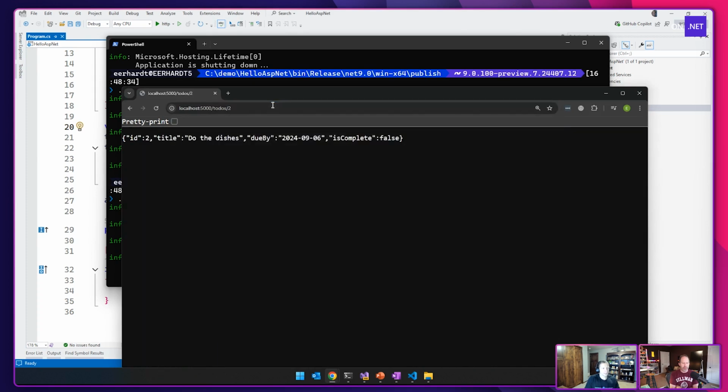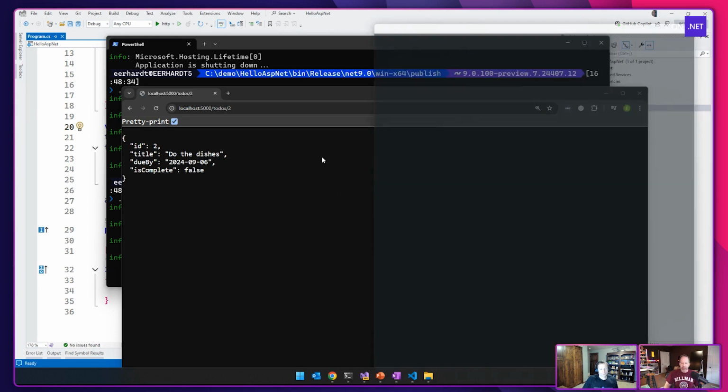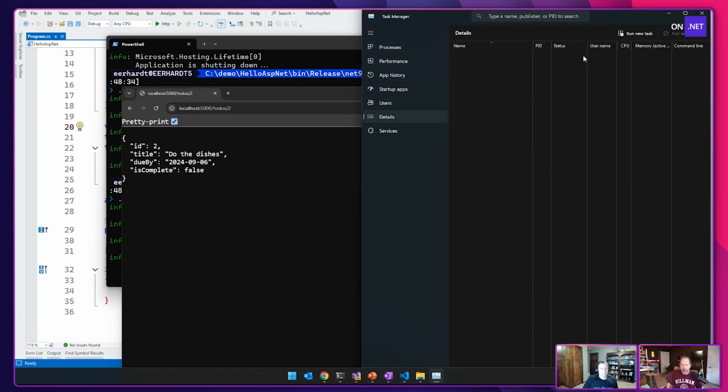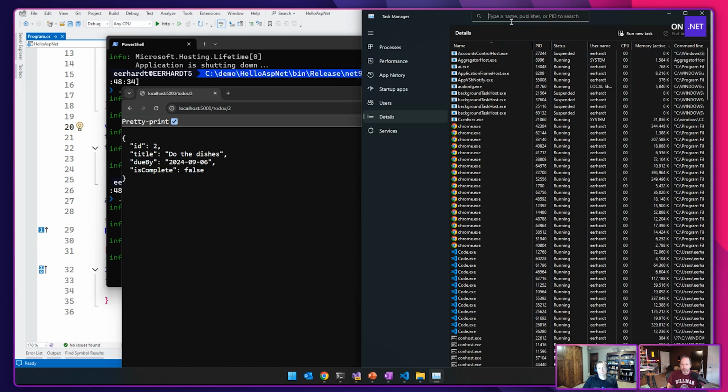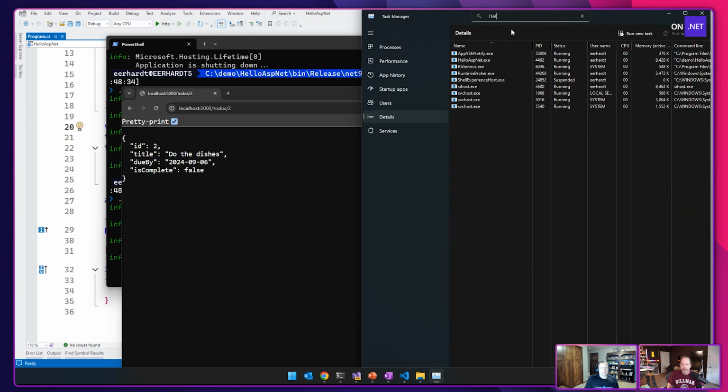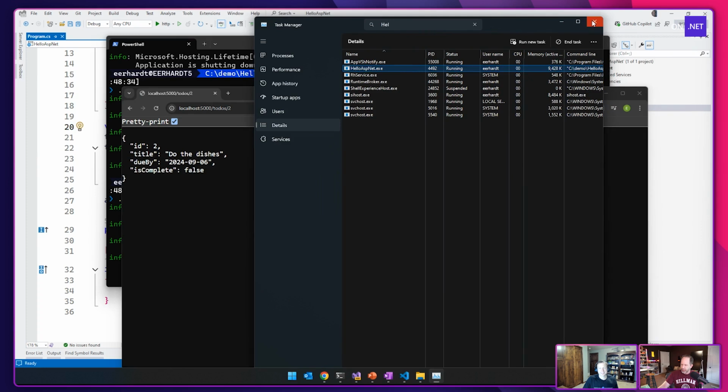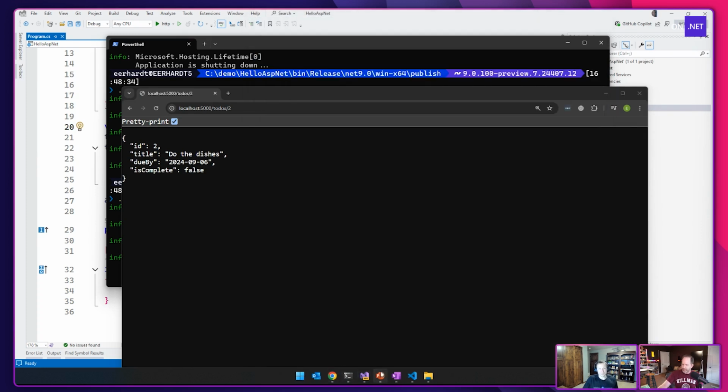Nice. Can I hit back to, just out of curiosity, maybe this is an ignorant question, but what's the memory footprint? If we look at this in Task Manager, your 9 megs on disk turns into what in memory? What do they call this? Hello ASP.NET. So on my machine right now, it's 9 megs. Ish. But I'm not giving it any load, right?